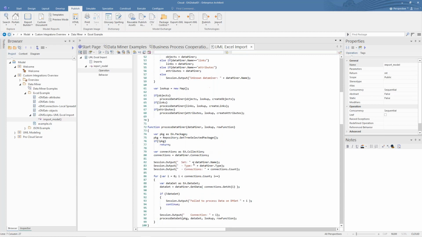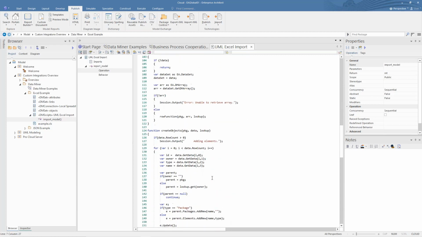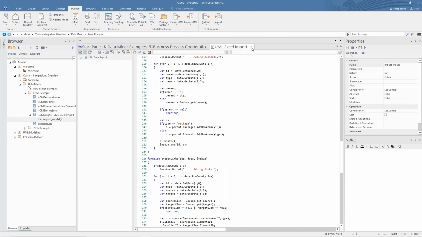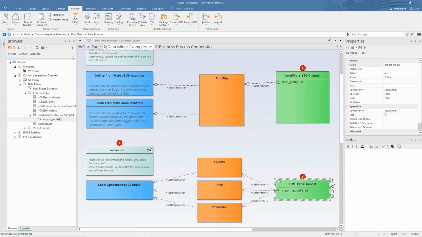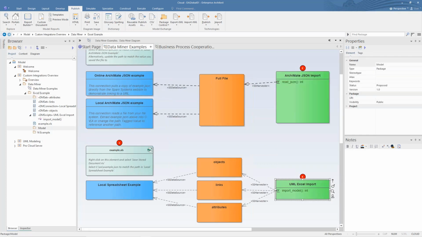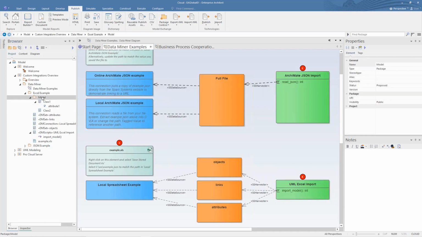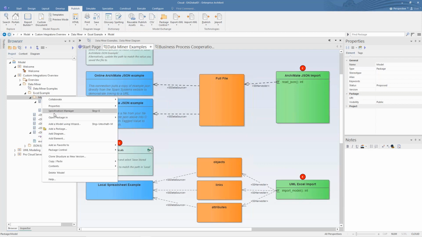And at the end, there is a mapping to the type and the connections, and you can create and retrieve the data that is in this Excel in a very generic way. And what has to be done here, it also has to run the data miner processor, and it creates the model. And the model is in this sample, there is no diagram, but if we want to see a diagram,